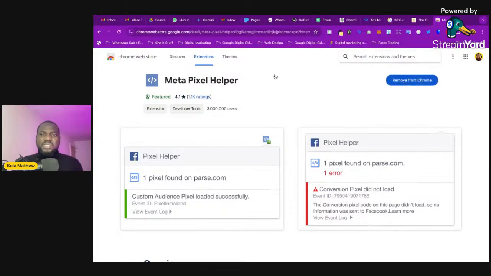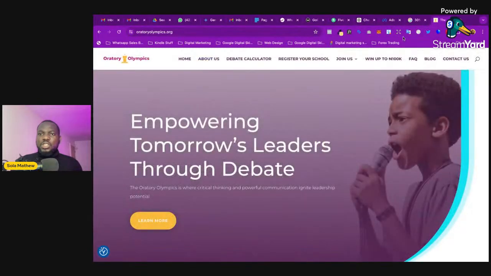So install this Pixel Helper so that anytime you want to find out if a particular website has a pixel, or if your pixel is working, you'll be able to know. In this case, for example, if you click on here, you see that this one has no pixel. No pixel found on this page. So let me close it. If you click here as well, you'll see that no pixel found on